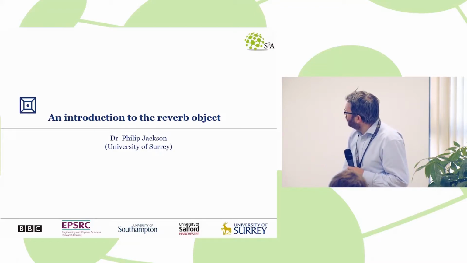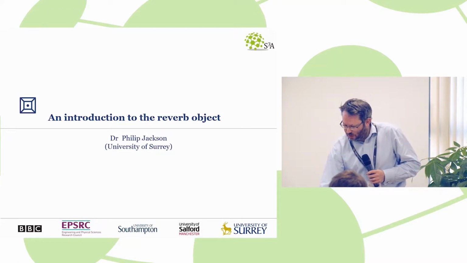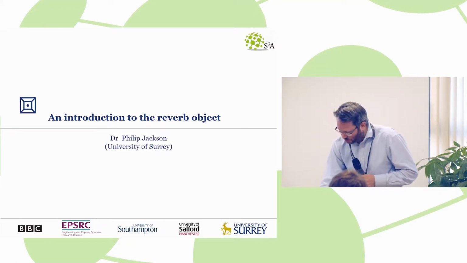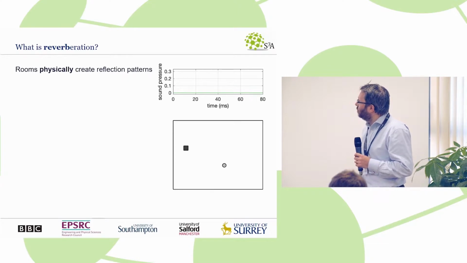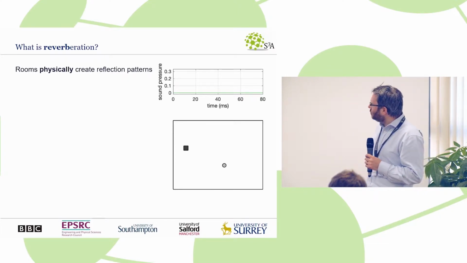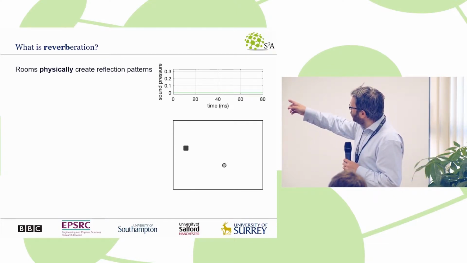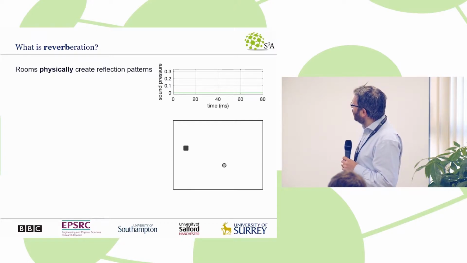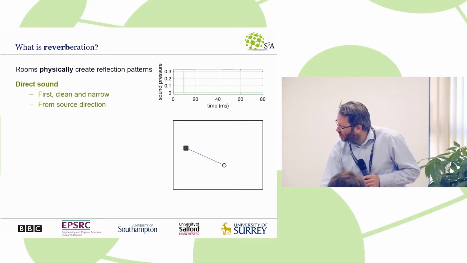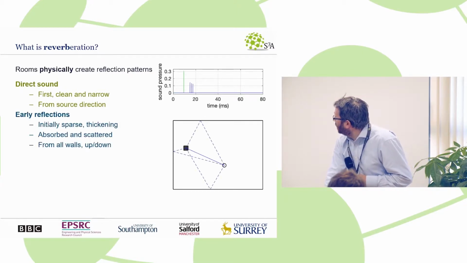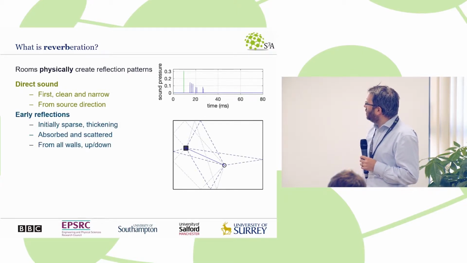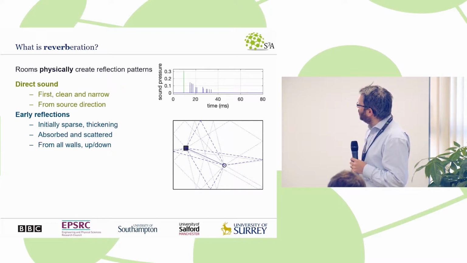So first of all, I'll give an introduction to what we are calling the Reverb Object. And I guess the starting point is a basic point about physically what is reverberation. So if we have a sound source and a receiver, a microphone in a room, in terms of the impulse response, we first get this direct sound, and then we get a collection of initially sparse, but then increasingly dense